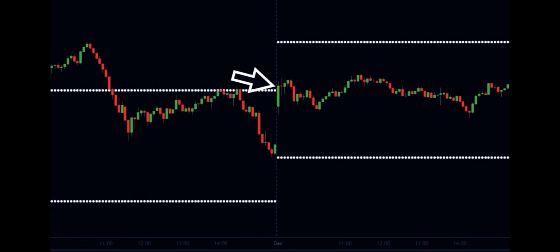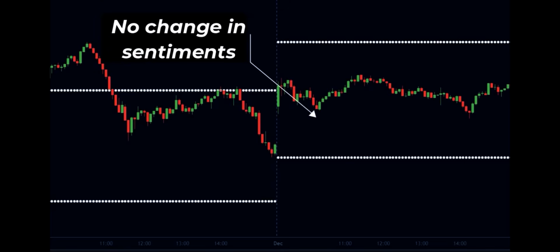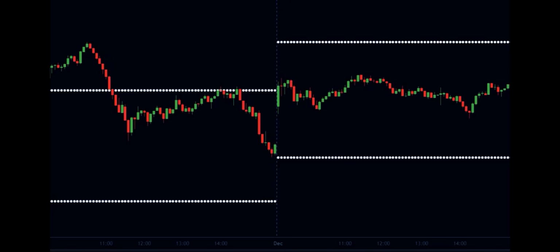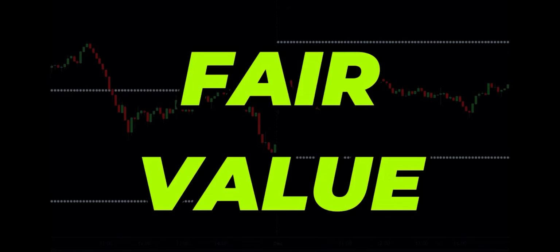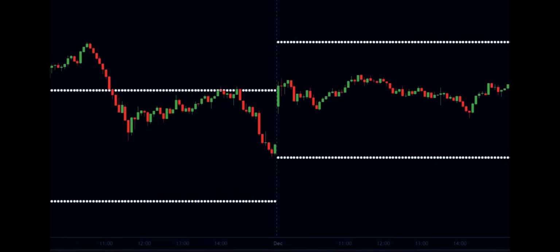If the price opens and stays within the previous day's range for the first 5-minute candle, we can conclude that the sentiments have not changed overnight. If the buyers were optimistic, the price should have opened above the prior range. Similarly, if the sellers were strong, the price would have opened below the prior day range. But the traders saw the prior range as a fair value of the price and therefore, they kept the price